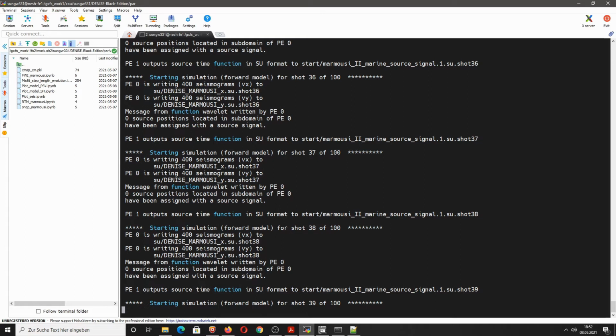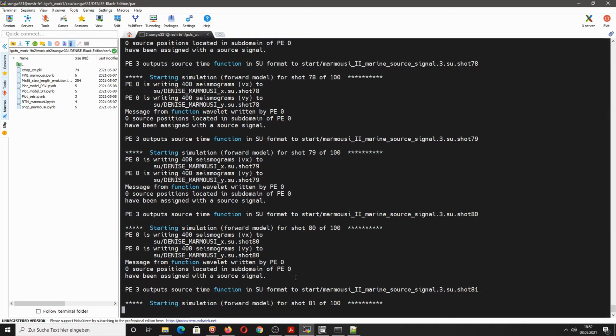So the horizontal component and the vertical component shot gathers are exported to individual Seismic Unix files, which we can then later on import into Python, for example. So this will take some time, but we are already using now 15 cores, so it is much faster than using a single core, for example, on your desktop computer.